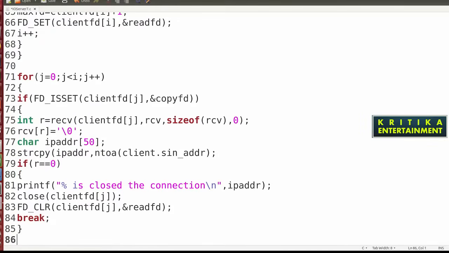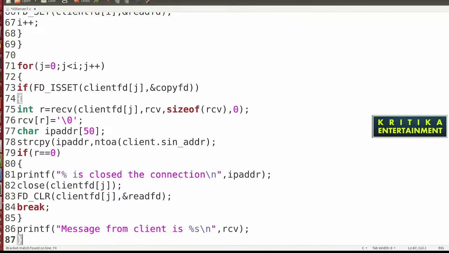Otherwise, if it is not 0, that means the communication will continue. So here write printf, message from client is percent s newline, rcv.